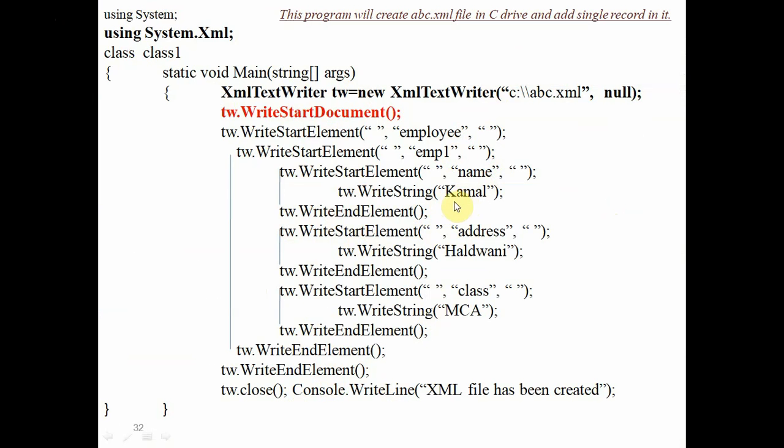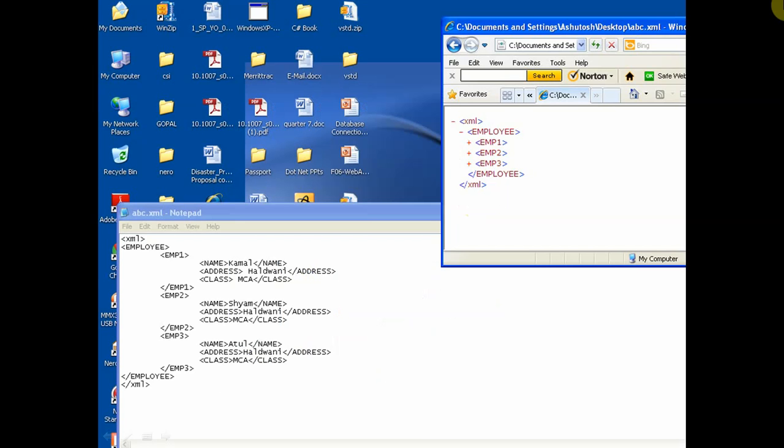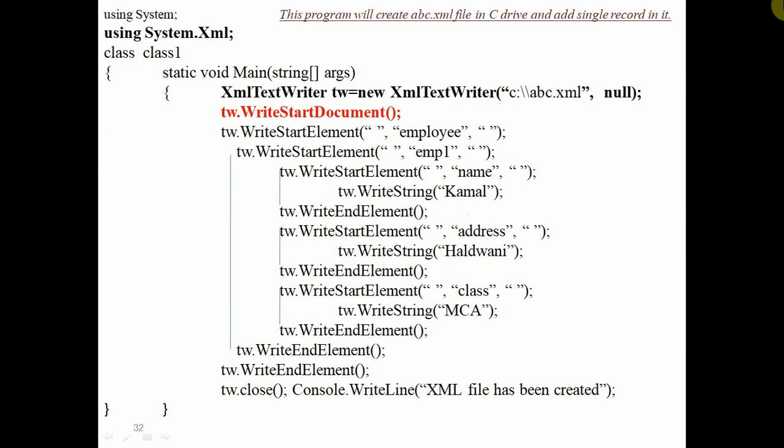So we will have to mention the variable name here, and that variable name should be connected with a text box. So we can connect it through a text box. As we input values into the text box, those values will be converted into XML form, and it will create such a type of XML file. So we can use a for loop here.